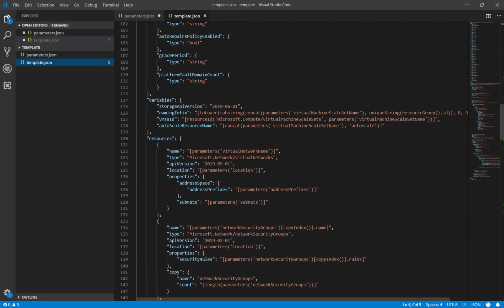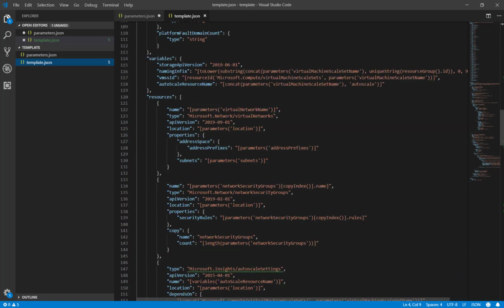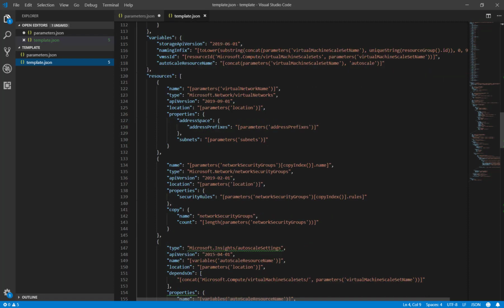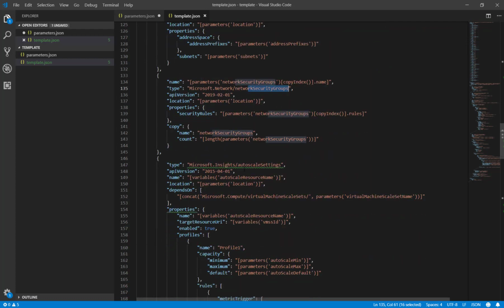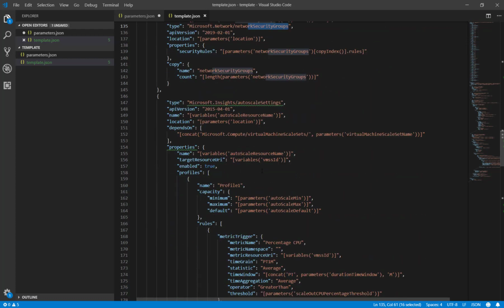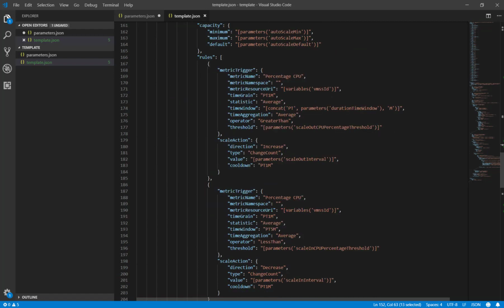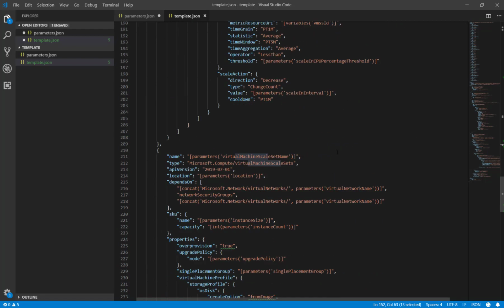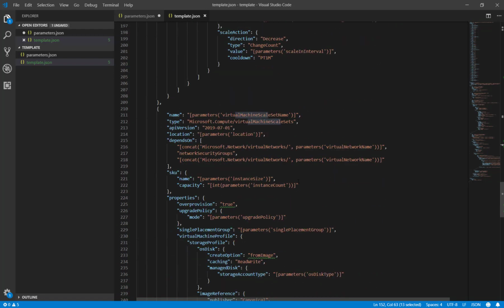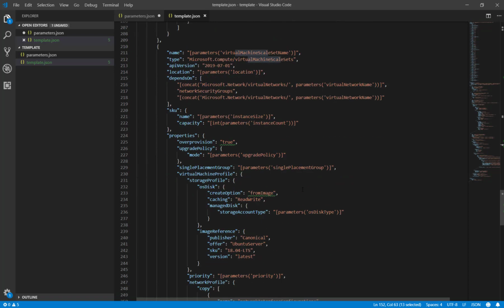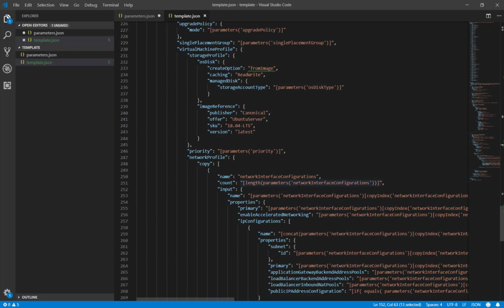In the template, I have defined all these configurations. We started with the resources, where we pass the network resource details, and second, we are creating the network security group for our VMSS deployment, and next we are deploying the instances. We have defined all the resources here according to the requirement of our deployment.